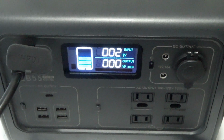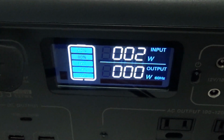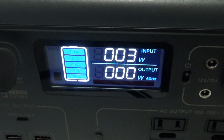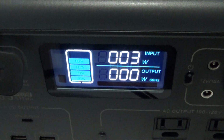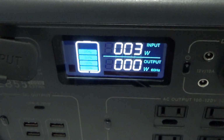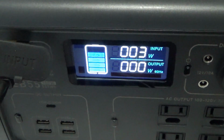I was just talking about these MPPTs and the minimum charge that you can get with them. Obviously I haven't tested every power station out there, so who knows how accurate this information is, but this is just what I've seen: typically these power stations that have a smaller solar input, like lower